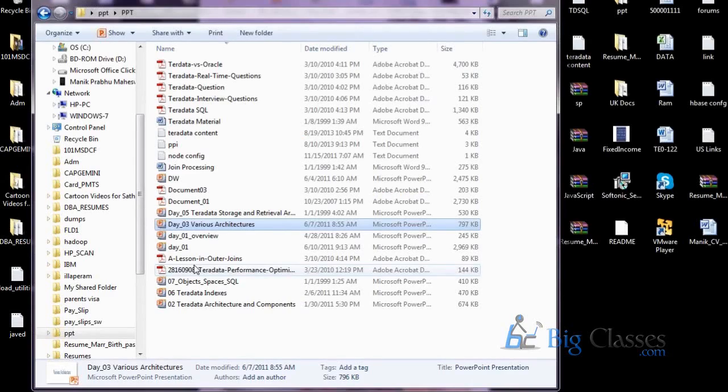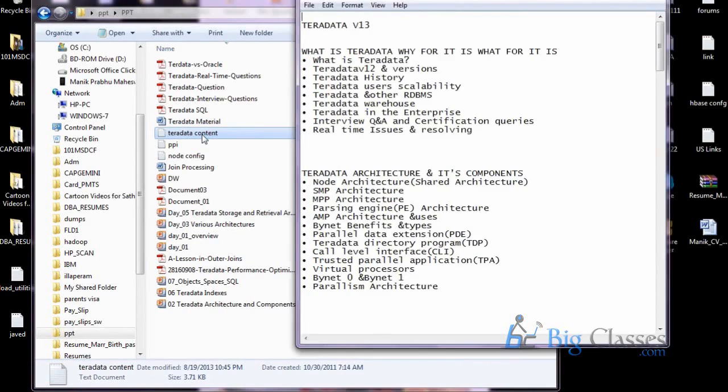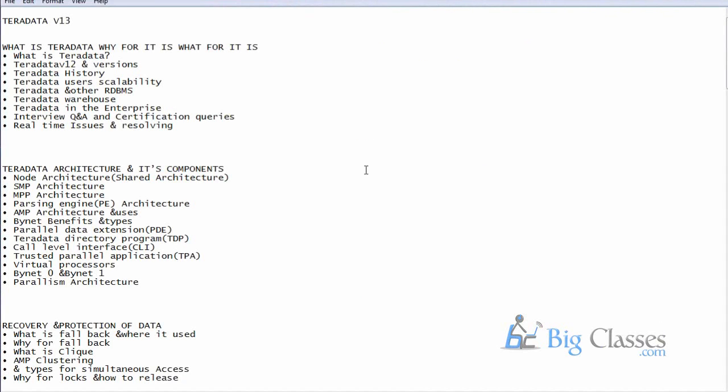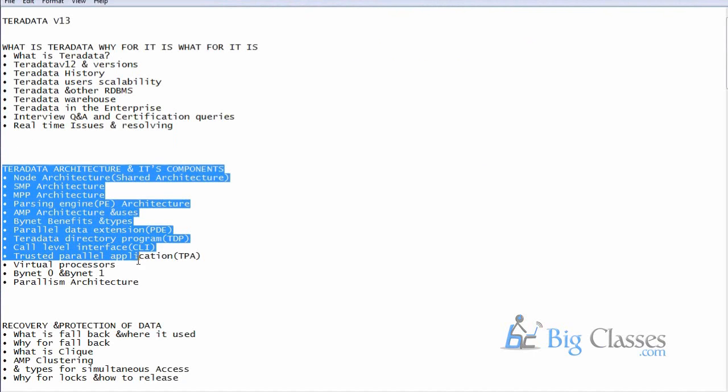So this is a little bit of an overview of Teradata introduction basically. If you look at the contents, what all we will be discussing in this training module: this is designed mostly from the development perspective. And this is the architecture and some internal components in depth, exactly what you asked me,